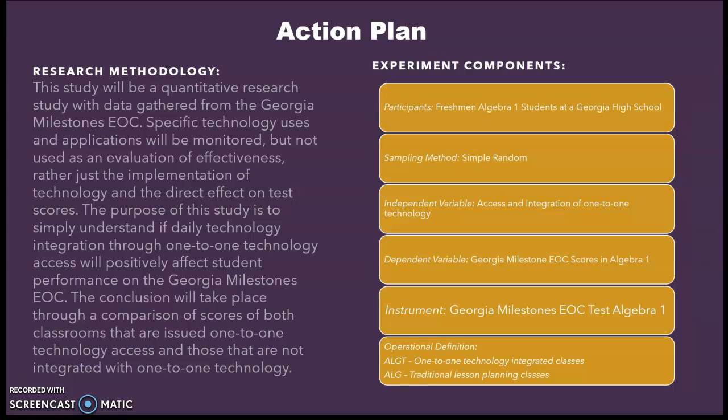The conclusion will take place through a comparison of scores of classrooms that are issued one-to-one technology and those that are not. So the idea is there are a lot of factors that go into student performance. We would like this study to focus specifically on one-to-one technology integration and its effects on student performance on standardized tests using technology. Participants would be freshman Algebra 1 students at a Georgia high school that have to take the